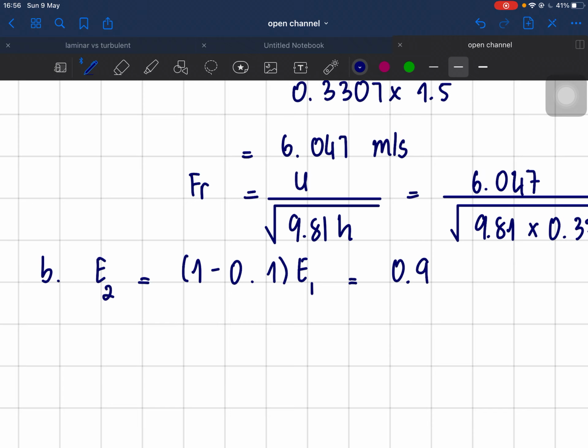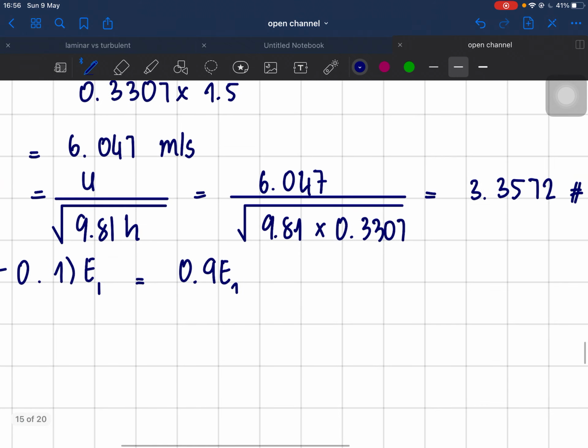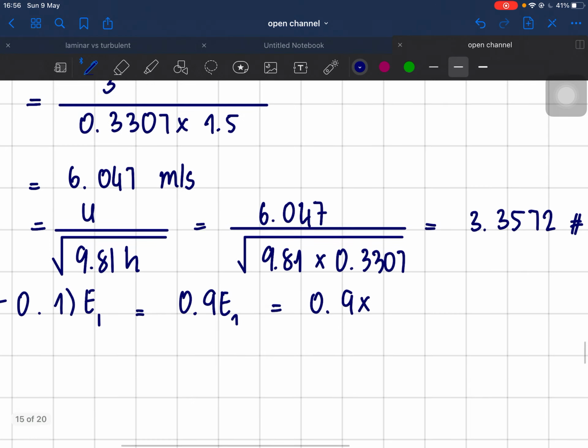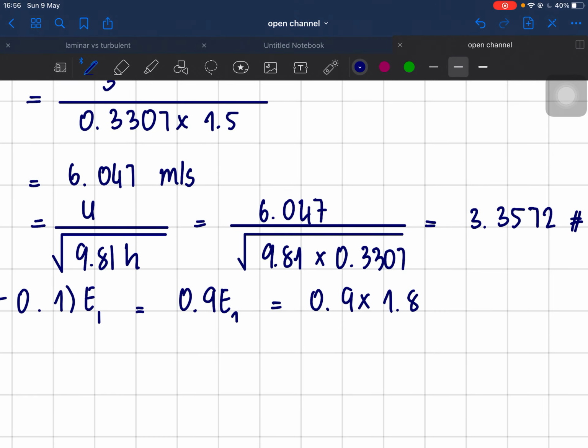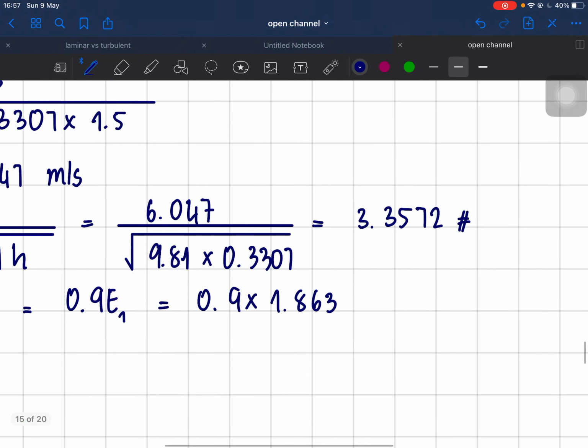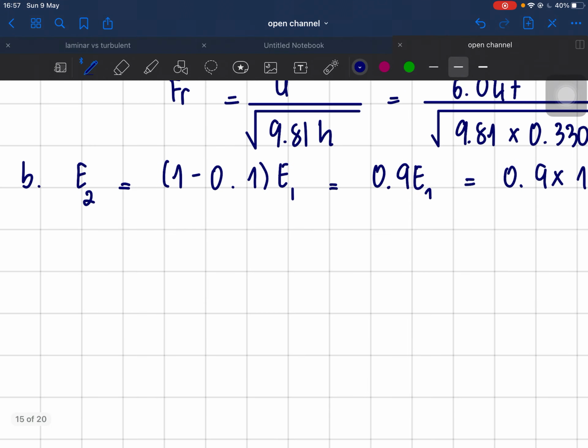So it's 0.9 of E1, which is 0.9 times 1.863. Okay, it's equal to 1.6767 meter. So we need to do the same, because if h0 equals 0, h would be